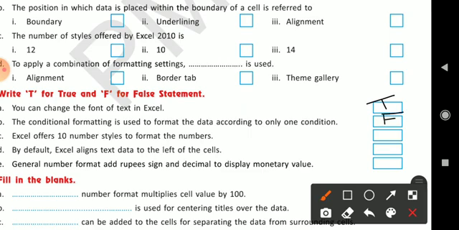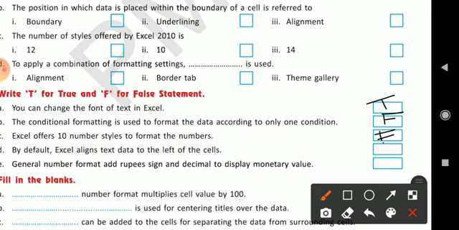No. There are many more conditions given which you can use for conditional formatting. There is no any restriction for using only one condition. So it is false. Excel offers 10 number styles to format the numbers. This is also false because it provides 12 different number styles to format the numbers.